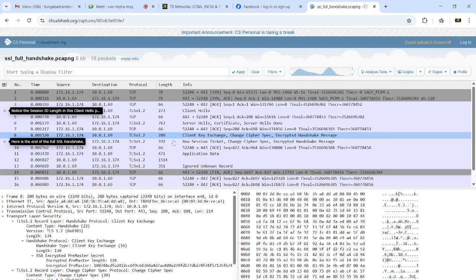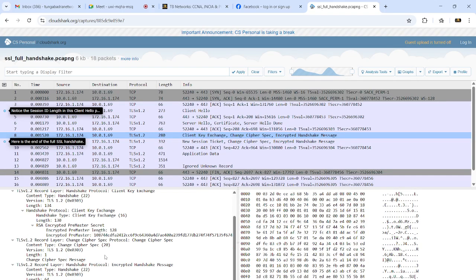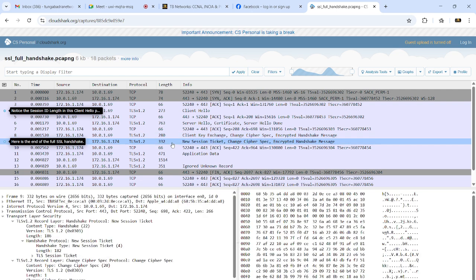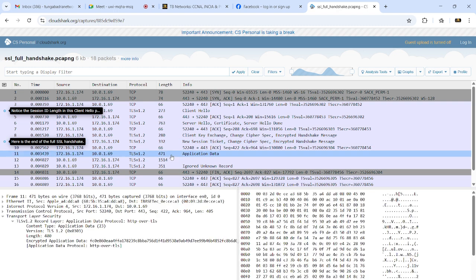Okay, after sharing the pre-shared key, both the server and the client will form new session keys. After that, they exchange the data. The application data is going to be exchanged over the VPN or SSL VPN. See here, HTTP over TLS. Our application data will be flowing through HTTP over TLS, which is our HTTPS traffic.